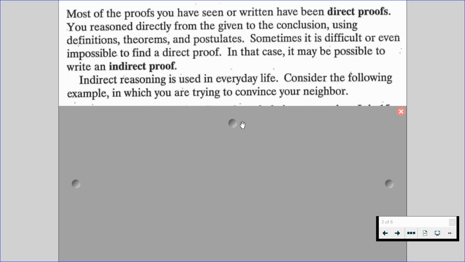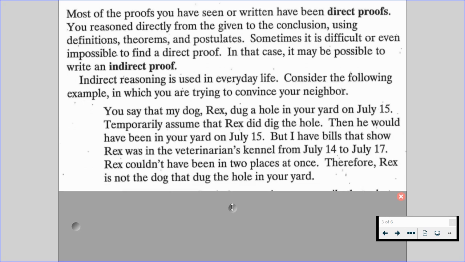Consider the following example in which you are trying to convince your neighbor. You say to your neighbor that my dog Rex dug a hole in your yard on July 15th. Let's temporarily assume that Rex did dig the hole. Then he would have to have been in your yard on July 15th. But I have bills that show Rex was in the veterinarian's kennel from July 14th to July 17th. So Rex couldn't have been in two places at once, and therefore Rex is not the dog that dug the